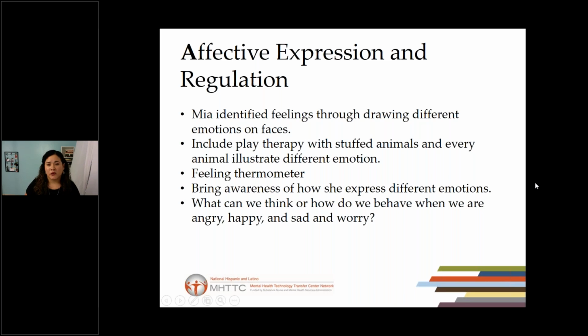So this part is just to teach about emotions, right? And also validate those emotions. That it's okay sometimes to feel angry. That it's okay to feel sometimes mad or tired, right? And I think this is crucial with the Latinos, because as Latinos we usually, okay, that I'm sad